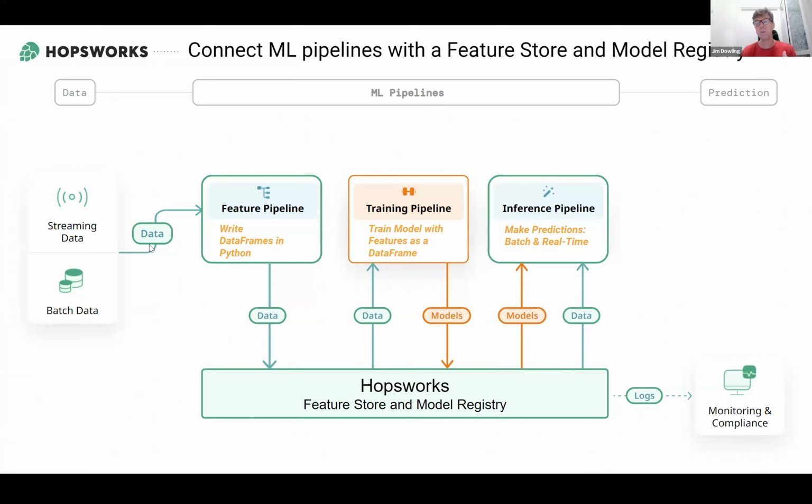We're going to read them up as pandas data frames and write those data frames to Hopsworks. That's our feature pipeline. Our training pipeline will read up the training data as data frames. We'll train a model, and then the model will be saved back to Hopsworks as a pickled Python object. And then finally, we'll download that model in our inference pipeline, and we'll get new data for